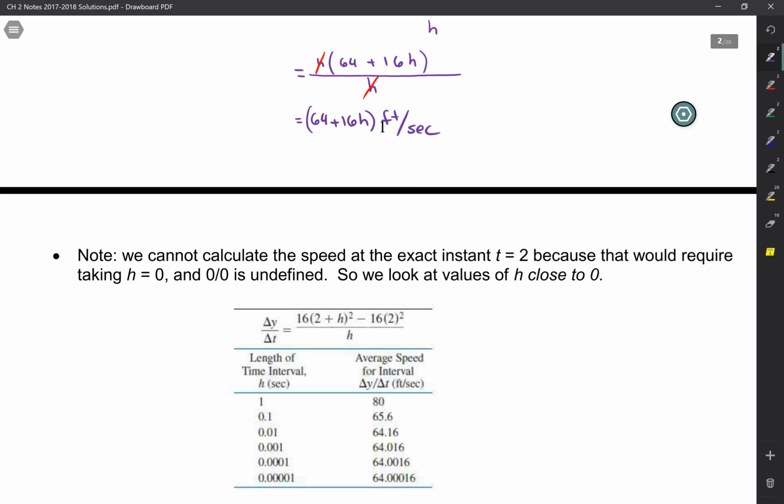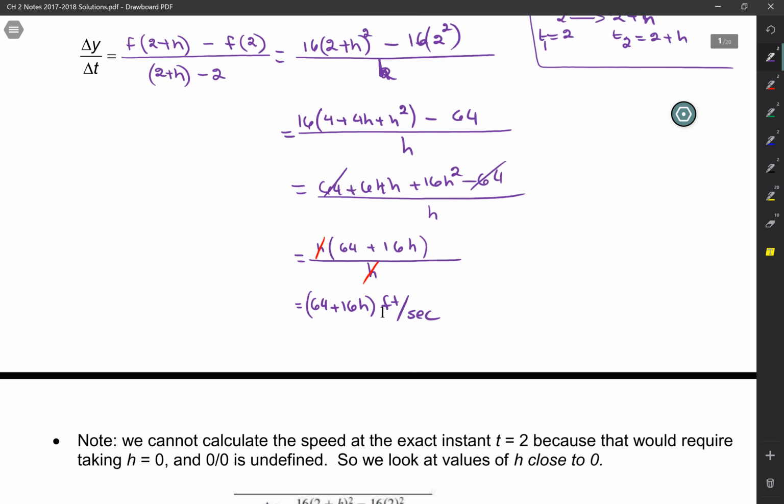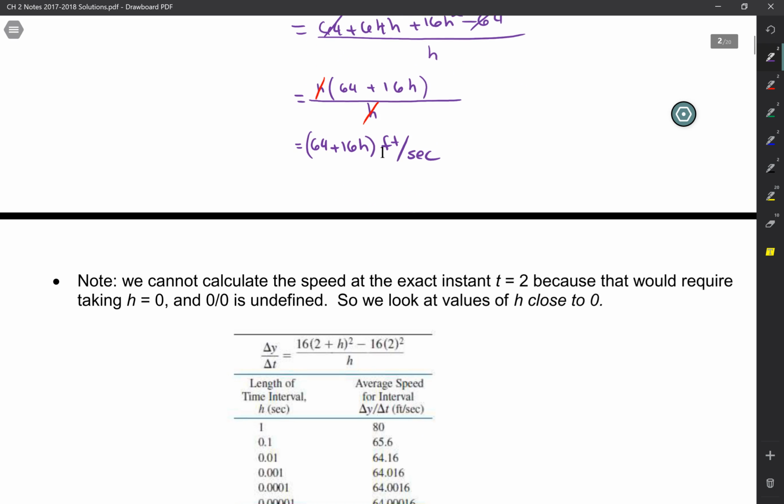Okay. With this, we're calculating the speed from time equals 2 to 2 plus h. The way we're doing it, h can't be 0, so we wouldn't be able to calculate speed at t equals 2. Because h can never be 0. If h was 0, which means we were calculating the speed at exactly t equals 2,